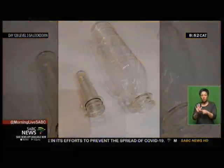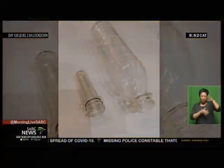That was Nicholas de Beer talking to us about environmentally friendly ways of packaging through their zero plastic sugarcane bottles which decompose entirely. It is 8 minutes to